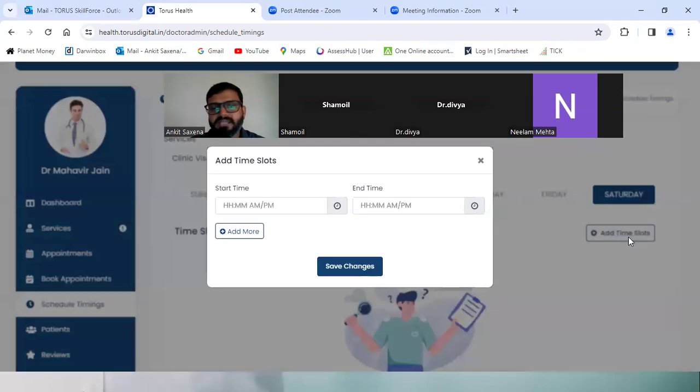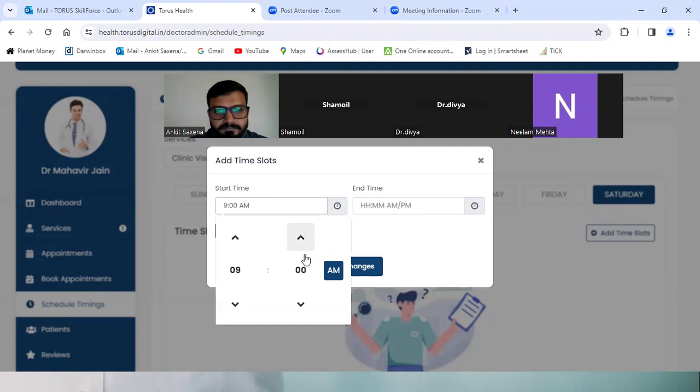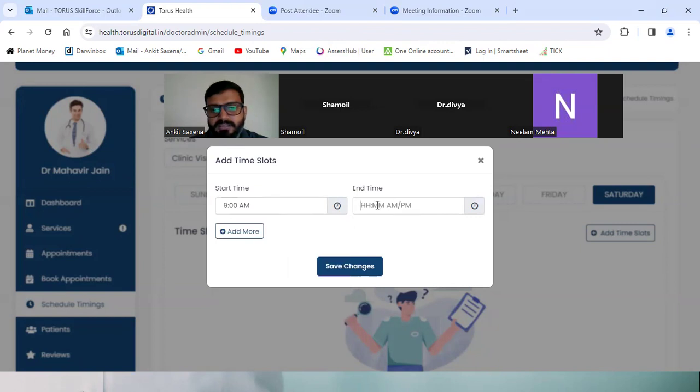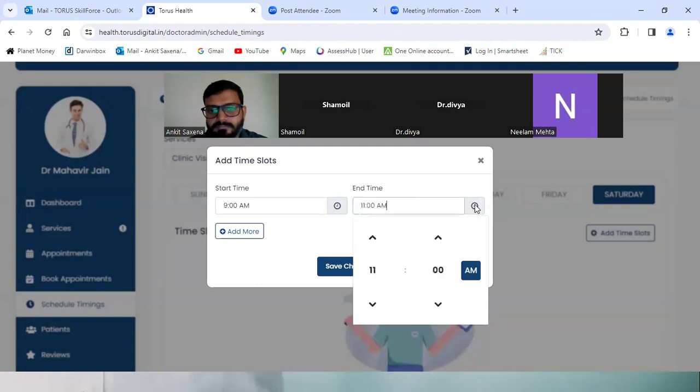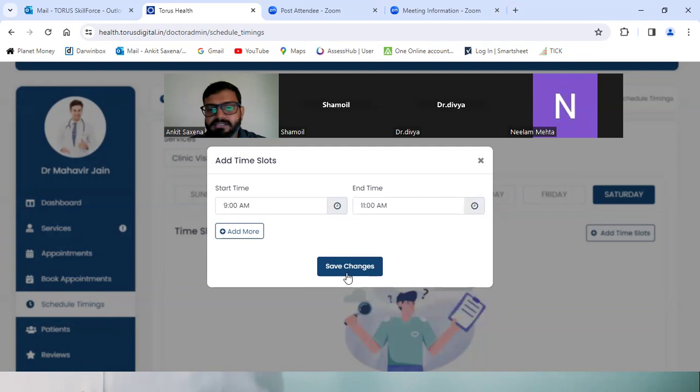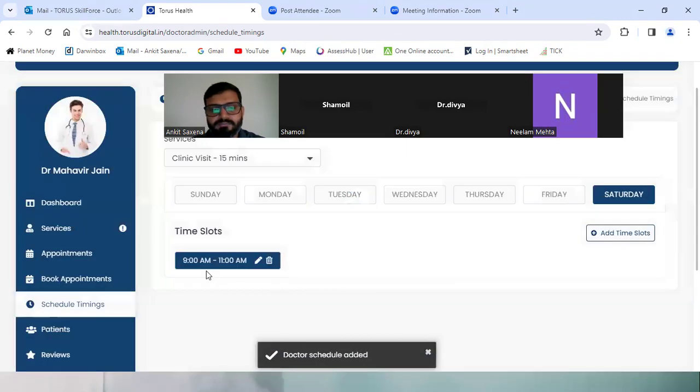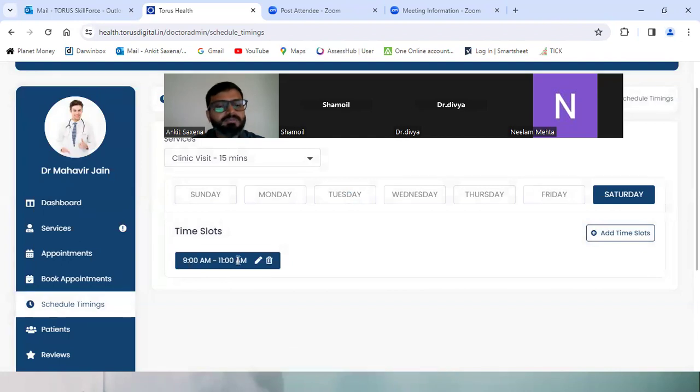So go to add time slot, and you can mention 9 a.m. and 11 a.m., and save the changes. So on Saturday, if you notice, your appointment will be from 9 a.m. to 11 a.m. only.